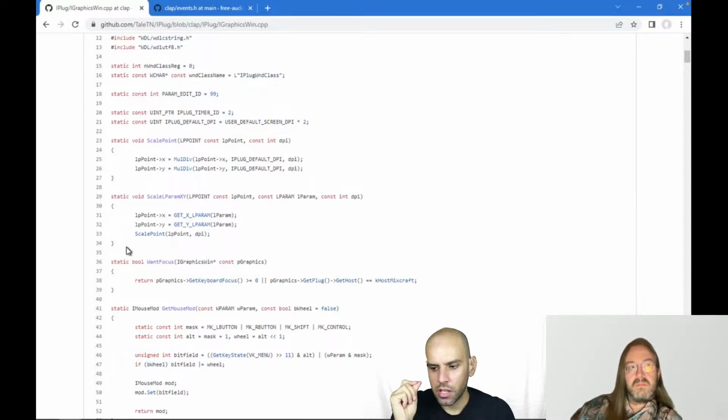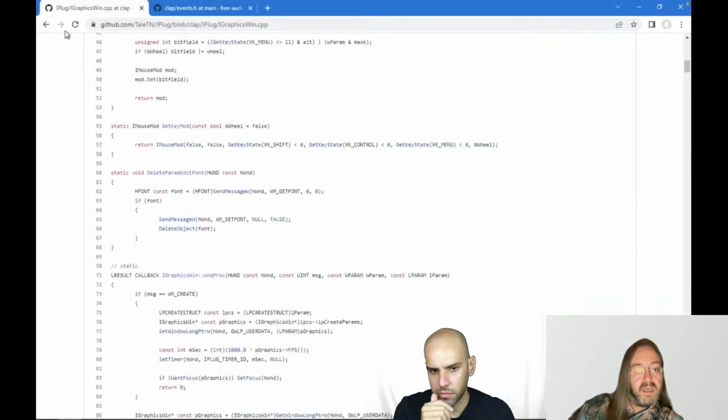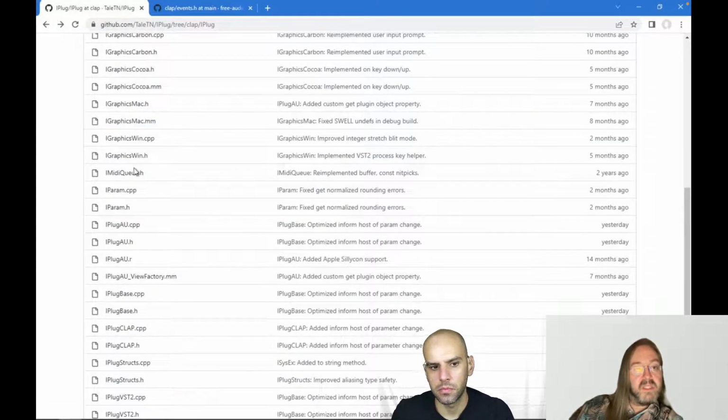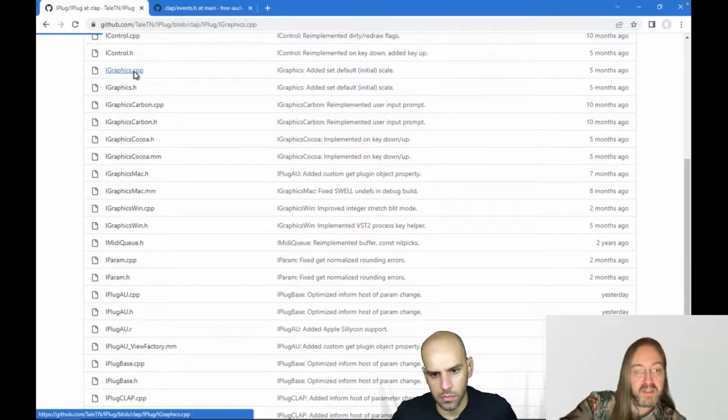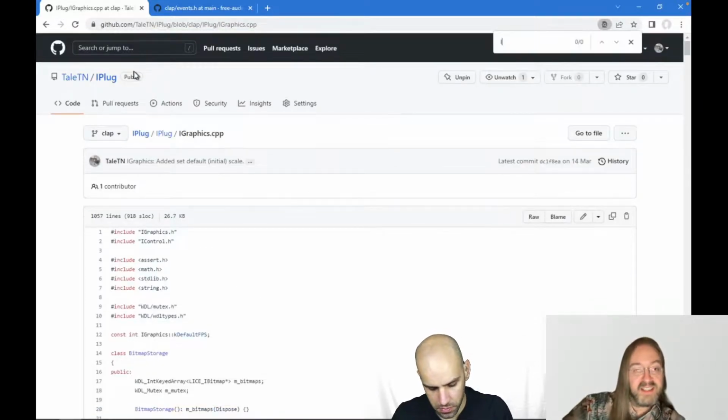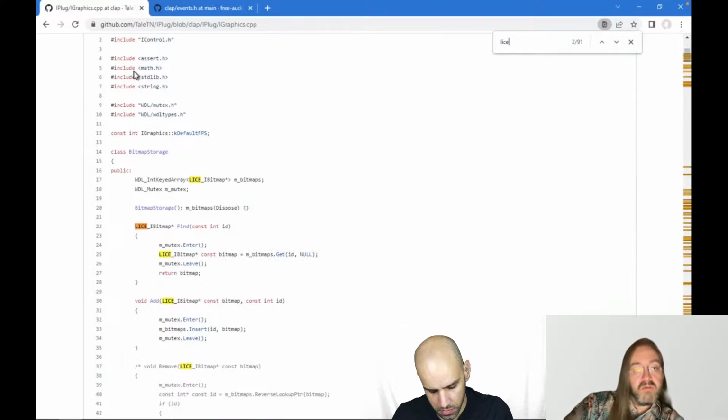And then what is LICE doing? Well, let's go back to the universal part of iGraphics, and let's just find LICE. So, for example, LICE is handling loading of images, because iPlug only supports PNG images, but they have to be loaded.